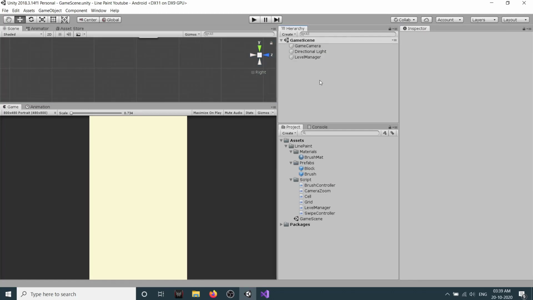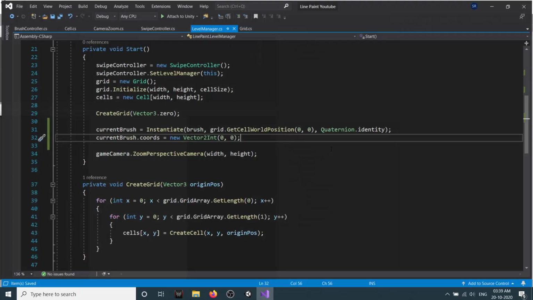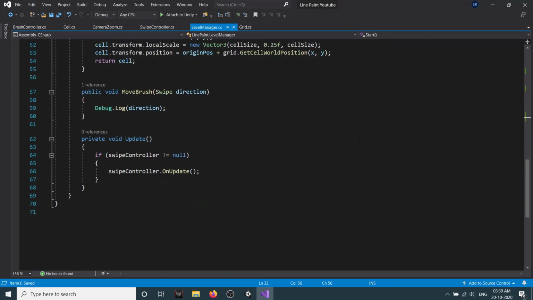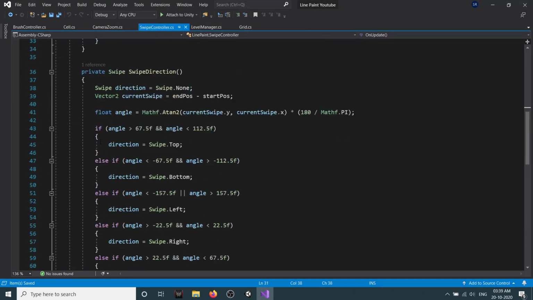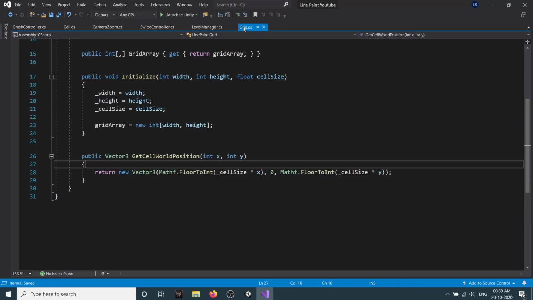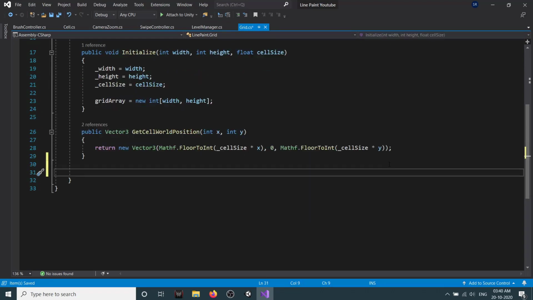Okay, so now we need to move our brush depending on our swipe, right? For that we need to do a few checks. Once we have done the swipe, we come to our level manager and we get the swipe here. Now we need to send this information to our grid and let the grid decide whether our swipe is valid or not. So for that,